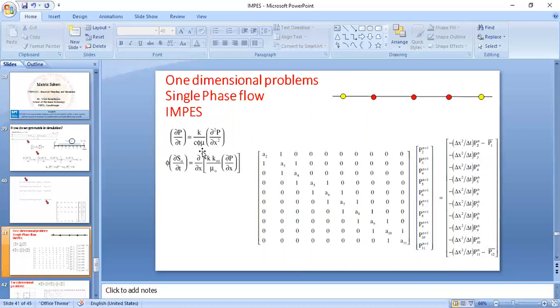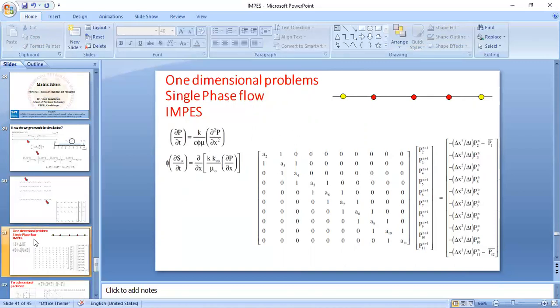So we did not go into much of the details of IMPES. You can watch the IMPES video if you have doubt in this. So we linearize it and then we make it one unknown. Now it is becoming like the single phase fluid flow equation. And so essentially the point is we have only one unknown here, and we have n number of unknown nodes. For every node you will get an equation.